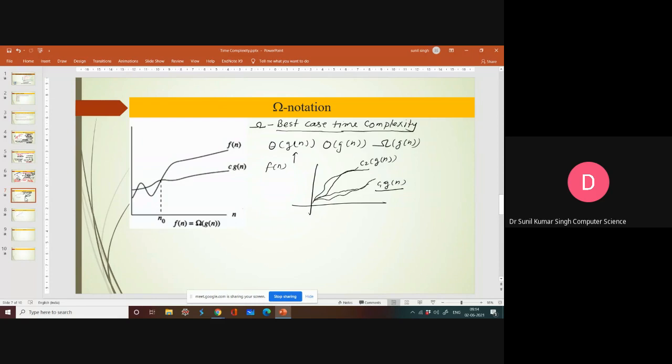That is the point. That's why we say that it is asymptotically tight. Asymptotically tight means it can take every value of these sets, theta g(n), big O of g(n), omega g(n). This is the literal meaning of asymptotically tight. I hope it is clear. Now let me tell you, it will be a better idea to use this one.